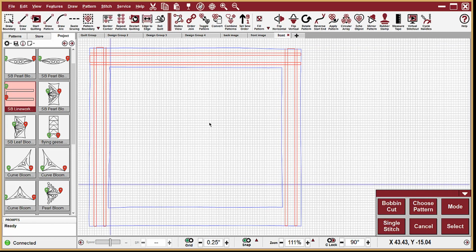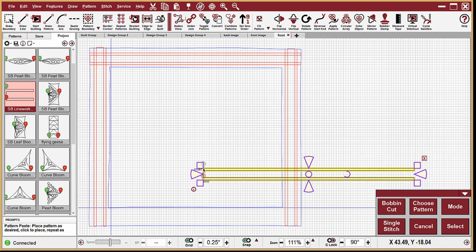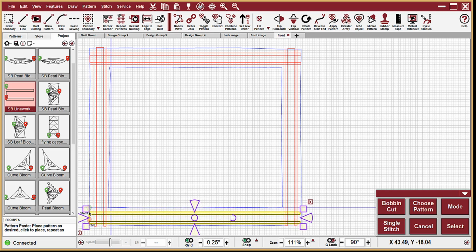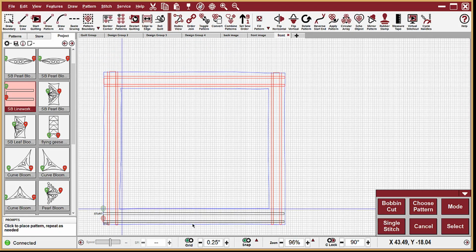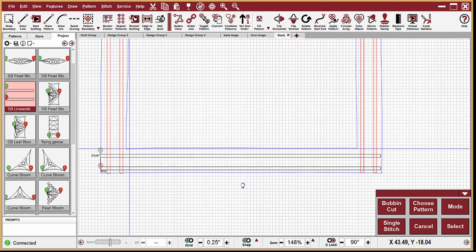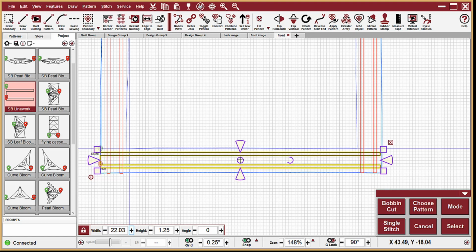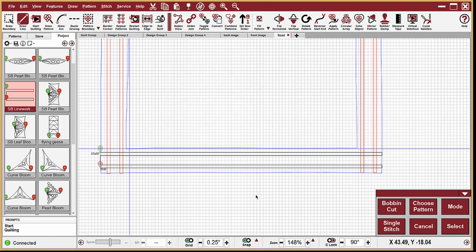Okay, last side, and that's the bottom. You will notice that I don't have to copy anything else. I can just simply left click on paste because Creative Studio is going to hold that copy until you replace it with something else. This one does not have to be rotated because it's going to sew from left to right, but I am going to pull it up a little bit to be able to have it get a little bit closer to that 1/4 inch. Adjust my handles a little bit, and now this one is ready to quilt out,